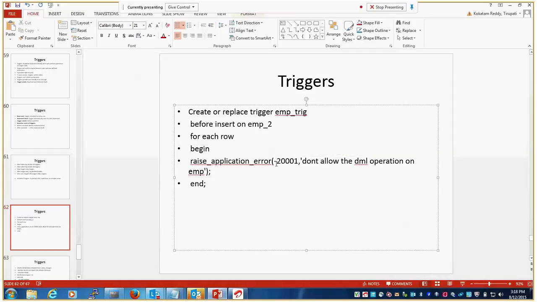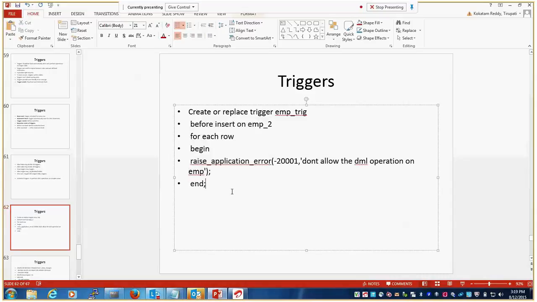If you want to raise an application error, you should specify a code in this range; otherwise you can't raise it.